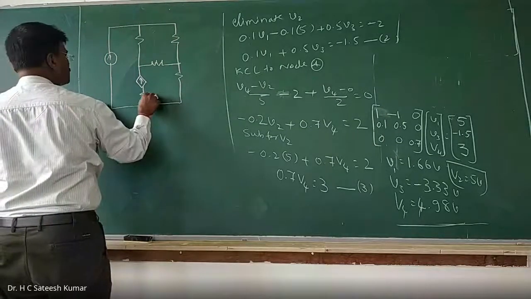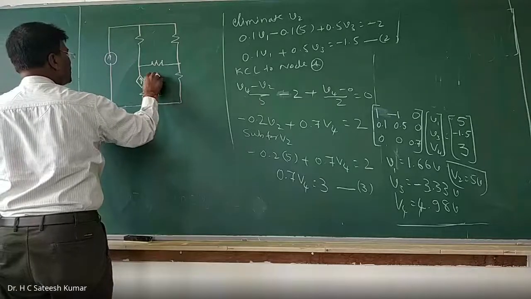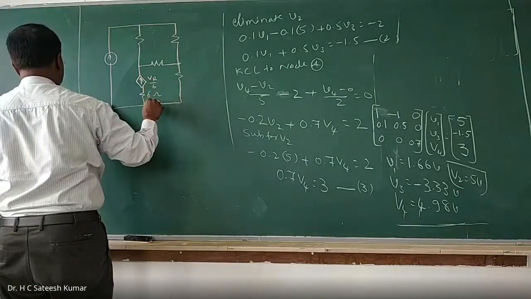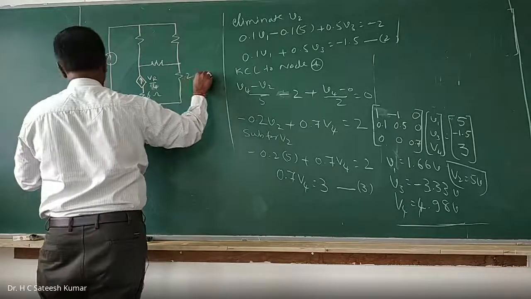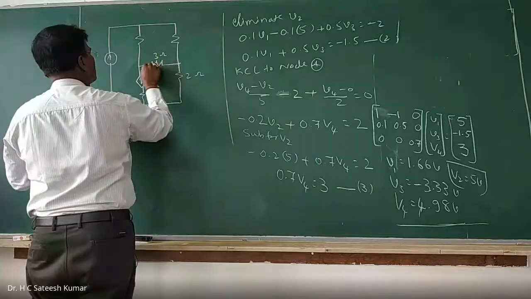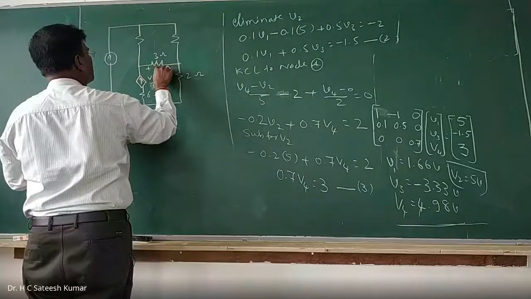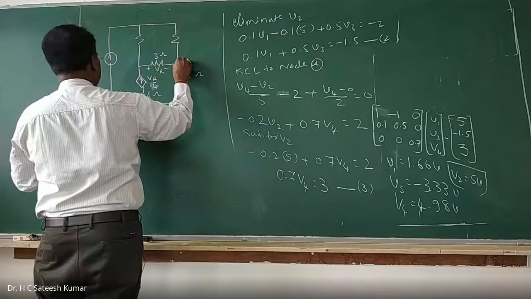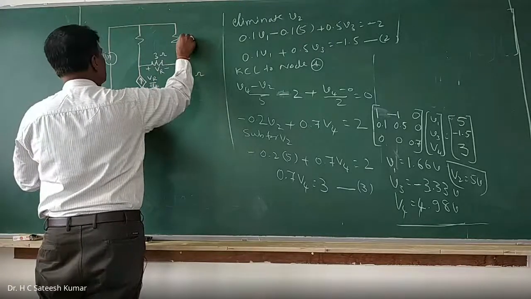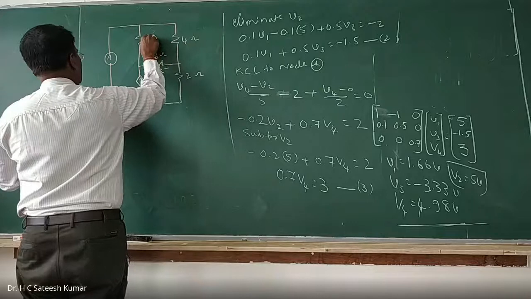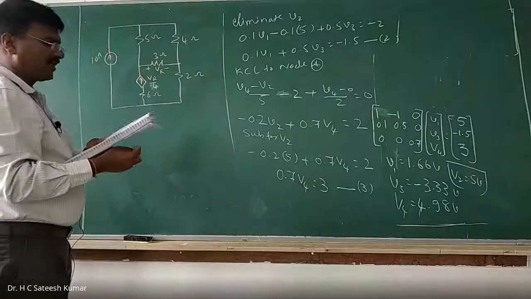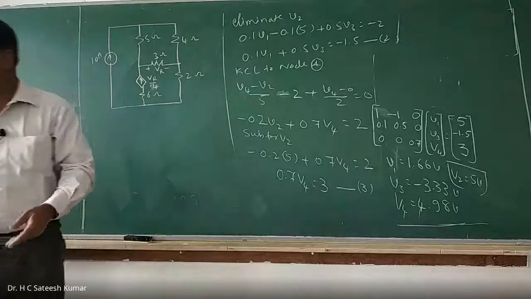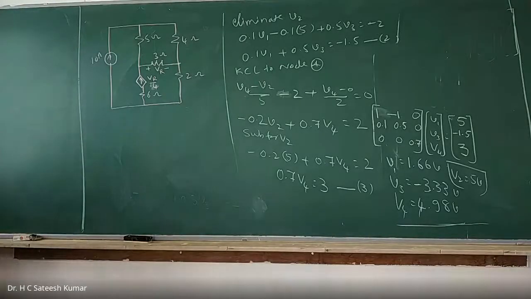This is 6 ohms, VR by 4, 2 ohms, 3 ohms, plus minus VR, and 4 ohms, 5 ohms, 10 amps. The question is, find the node voltages. So we'll have to mark the node voltages, and as he marked here,